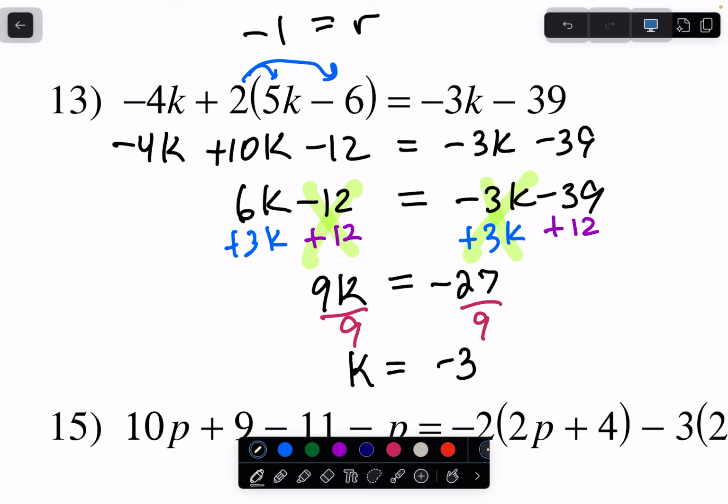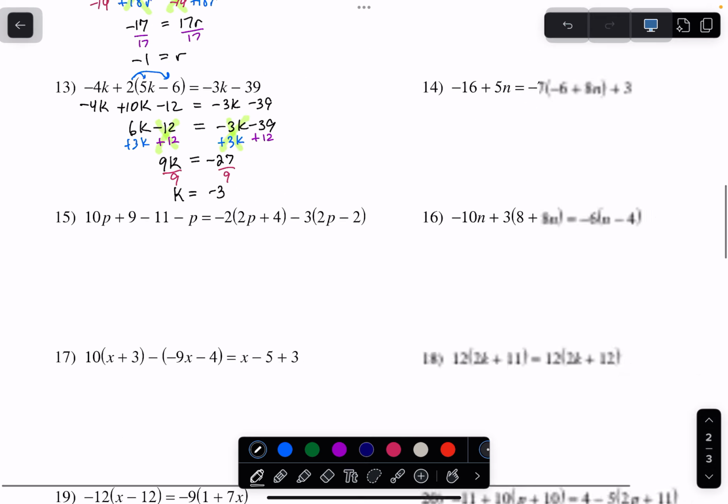Do we have any questions on how we went about doing that one? Quite a few steps, but just take it a step at a time. Simplify both sides as much as you can before you start moving things around. Okay. 15, you'll notice